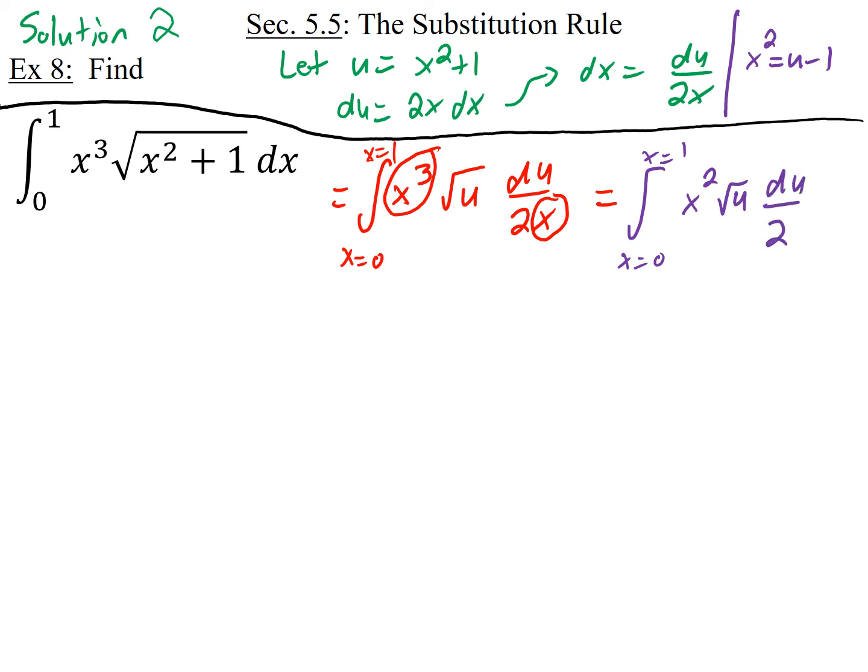Okay, so now you just have to get rid of the x squared, make sure the integral has only u's in it. And in general, for problems like this, your job is, if there's any x's left over, get rid of them somehow, and you're going to be thinking of this formula here, your formula for u, to figure out how to get rid of the x's. If it's impossible to get rid of the x's with your formula for u, then of course you have to figure out something else for u. Okay, so we get